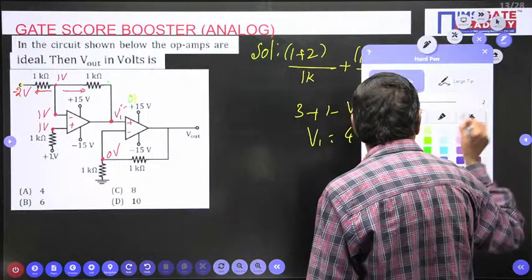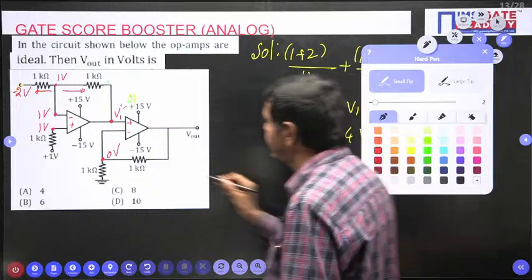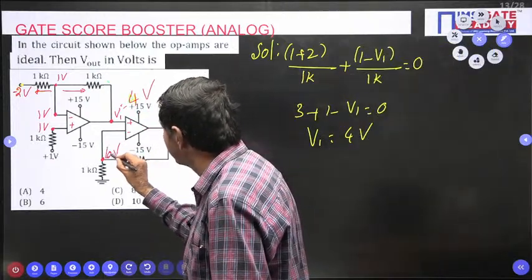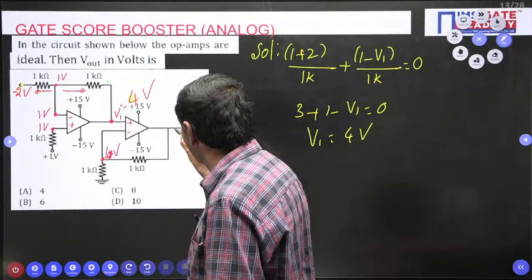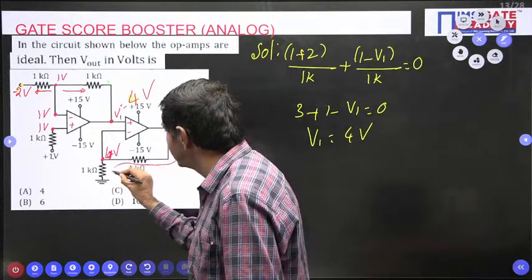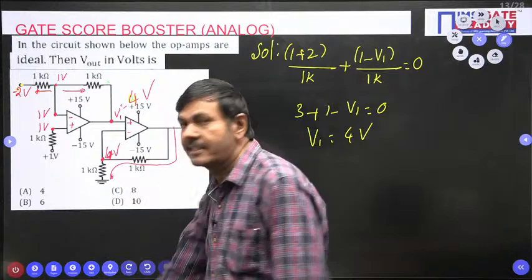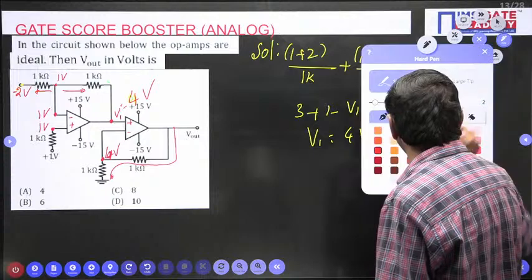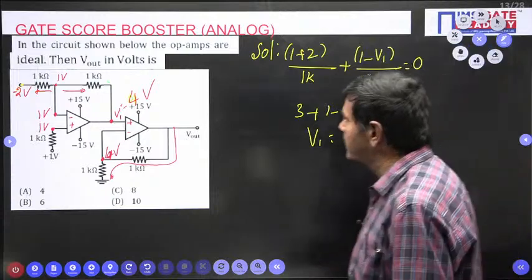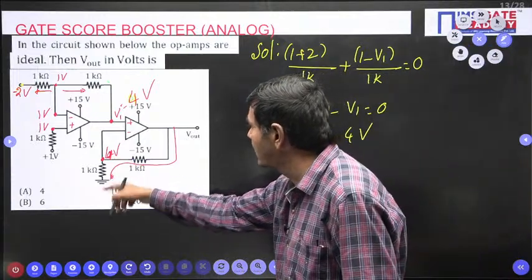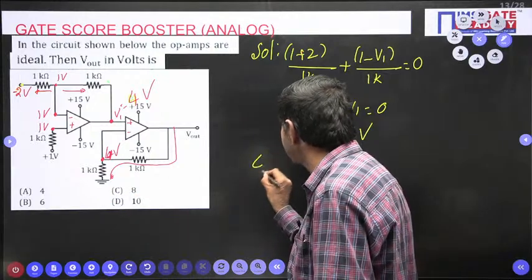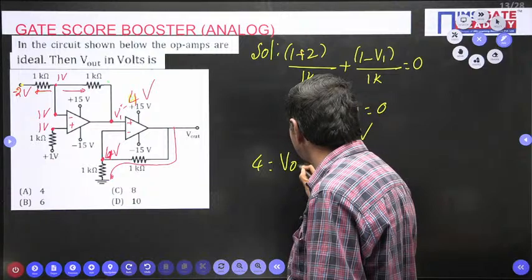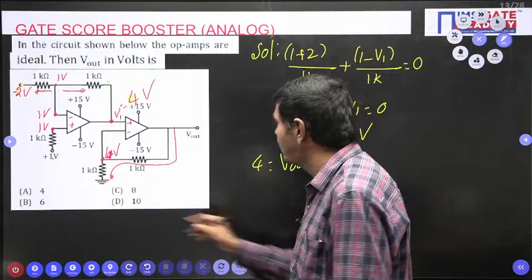If it is a 4 voltage, what happens, you watch. If it is a 4 voltage, same 4 voltage you can find here now. I can apply the voltage division formula. Then I can get answer. Voltage across this, according to voltage division formula, I can get like this now. V0 is nothing but voltage across this 1k, 4. 4 equal to V out into voltage division formula I am applying. V out into what? 1 by